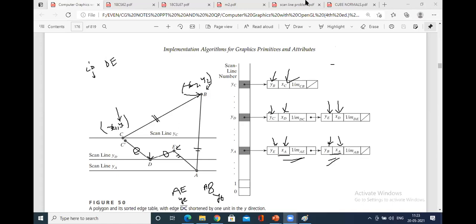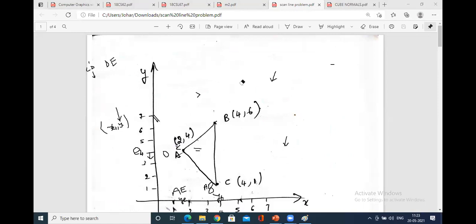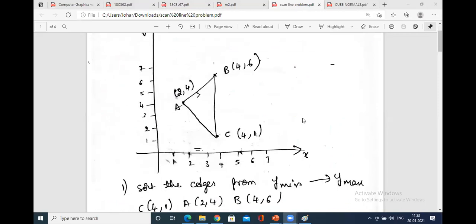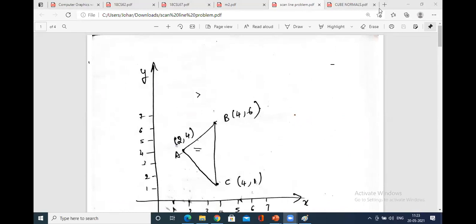Based on this, we are going to solve a problem tomorrow. I have attached this problem in the Google Classroom. If you are able to solve this, you could solve it, or else I'll explain it tomorrow in the class. It is very important from the internal point of view. I have given the problem on scanline, definitely. And I have given a problem to solve using Bresenham's, and maybe using the vector method to identify the faces. So till here we have for internal, right?